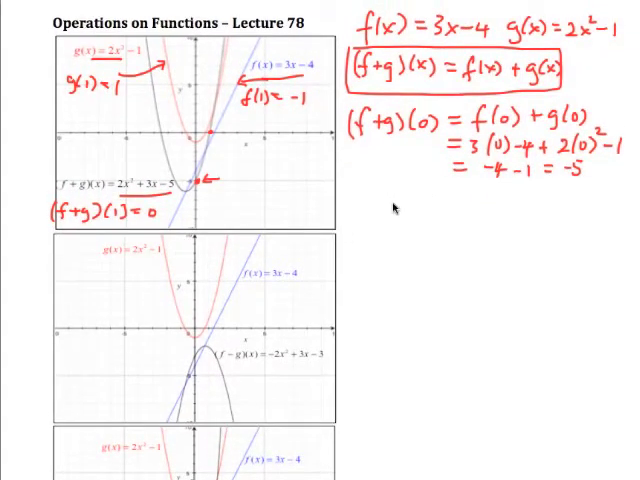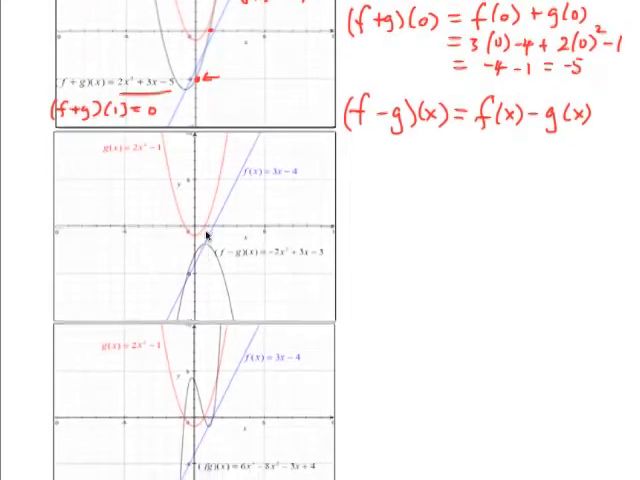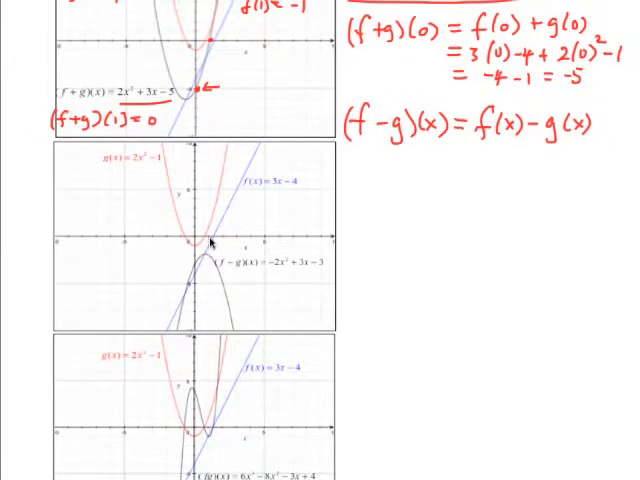Now what about subtraction? Well, again we have the two functions. What do we mean by subtracting the two functions? Well, of course, subtraction is really the same as addition. So this is clearly going to be f of x minus g of x. So again, we do a point by point. And if you look here, for example, at